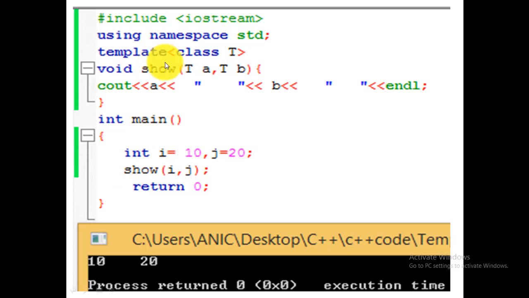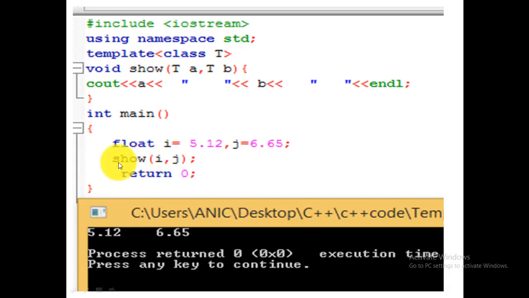The rest of the program is the same. Only the data type is changed, that is, float. And in this way, the show function will show the values of i and j that are float, right? So here the values would be 5.12 and 6.65.